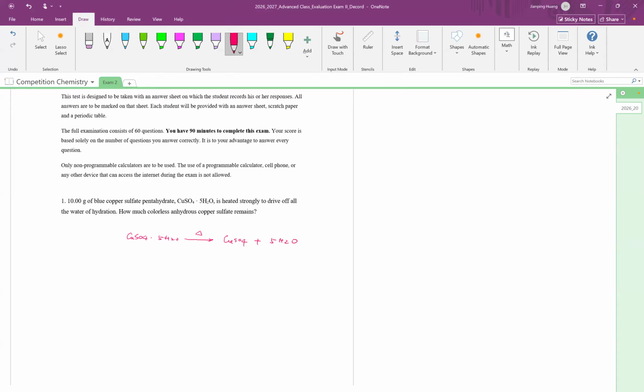Now the question says, how much colorless anhydrous copper sulfate will you get beginning with 10 grams of blue copper sulfate pentahydrate? So if I set X,